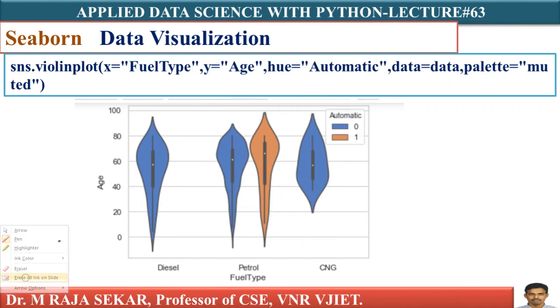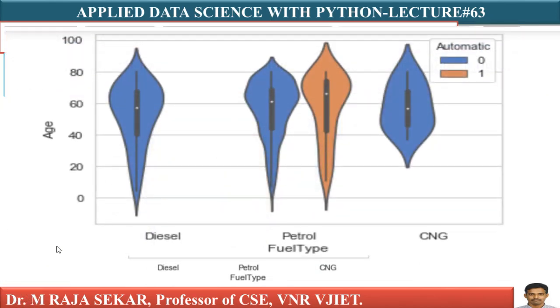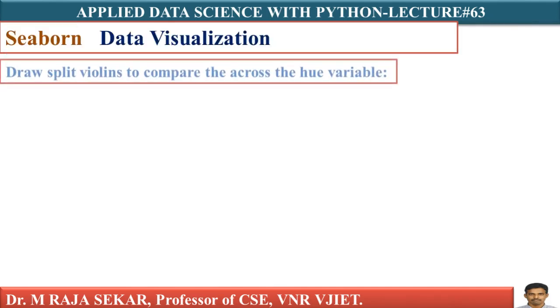These are self-explanatory. Just see, these are known as medians. This is known as a box whisker plot. This is known as KDE. We already discussed KDE, and I told you I will record a separate lecture on KDE. The violin plot is a mixture of KDE and box whisker plot. Now, certainly one can understand this output. I am showing the same output on a bigger screen. Let me proceed further.